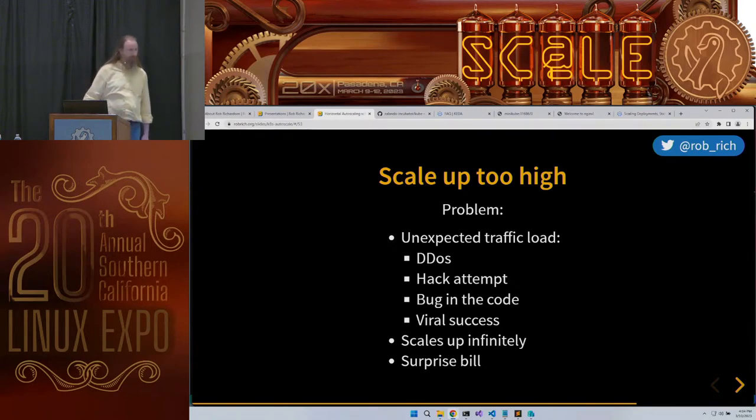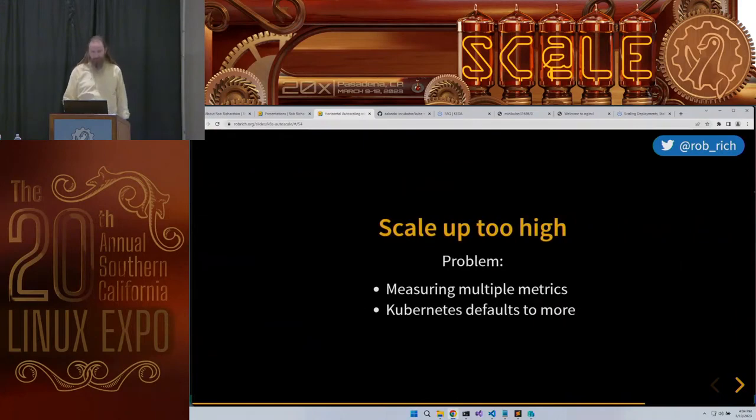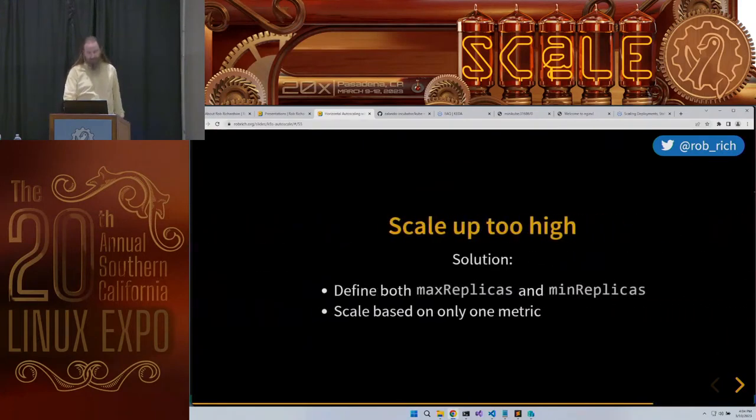You probably don't want to leave off the max because it's easy to scale up too high. There's lots of places where that could happen: a DDoS attack, a hack attempt, a bug in your code, and you may end up paying for the hack. So setting a max is really important. As you set that max, you won't scale up any higher than that.